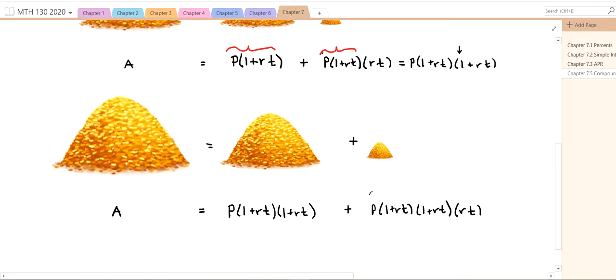So this here is our third period interest, probably a year. So this then equals,